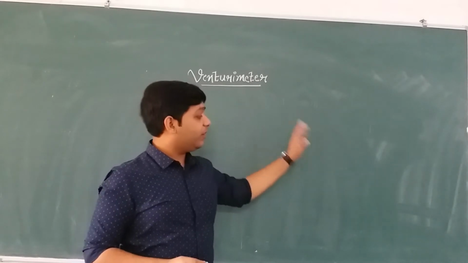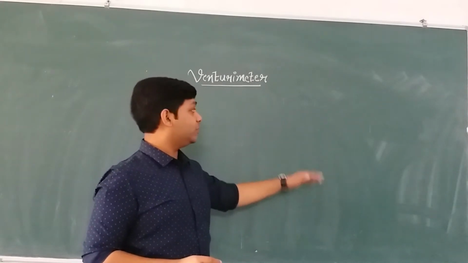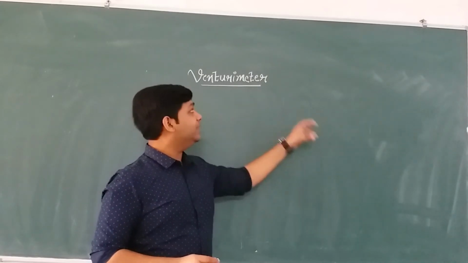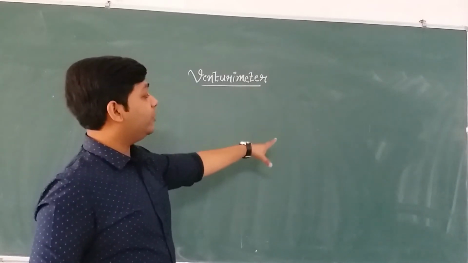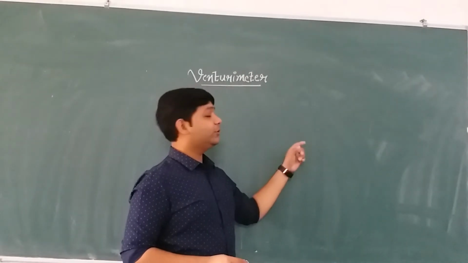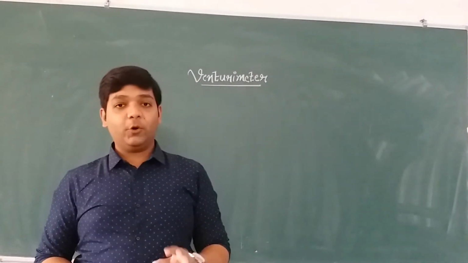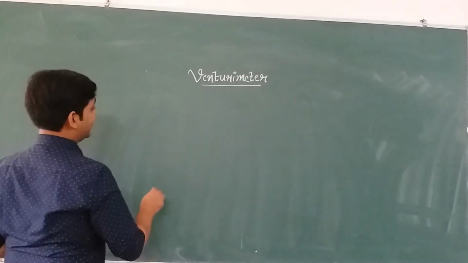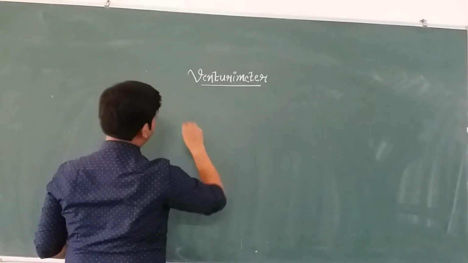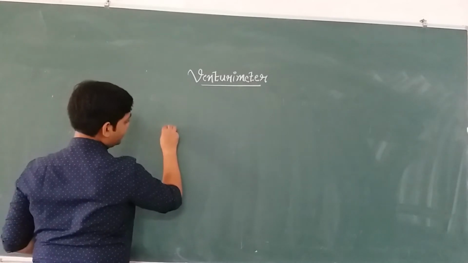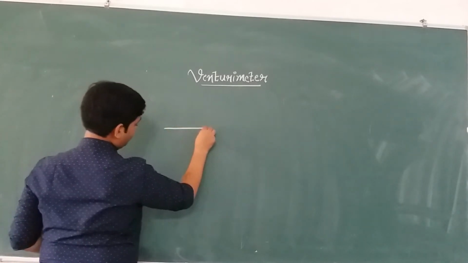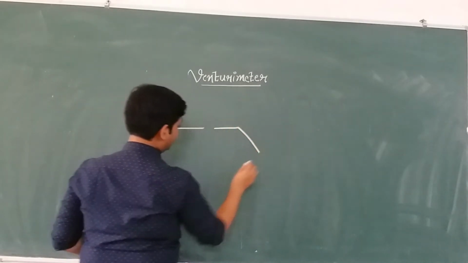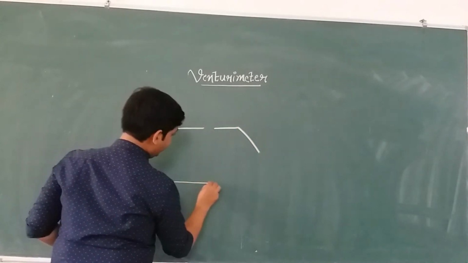Suppose a liquid or a fluid is flowing through a tube, and now if we consider a cross-section anywhere on the tube, then the Venturi meter enables us to calculate the velocity of fluid through that cross-section. I hope I am clear to everyone. Now let me draw how the Venturi meter looks like. So the setup of the Venturi meter looks like this. This is how the Venturi meter looks.